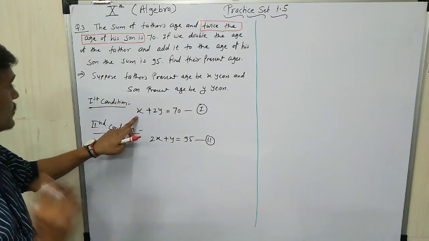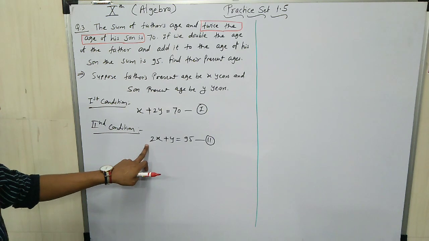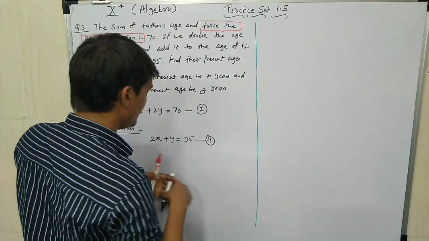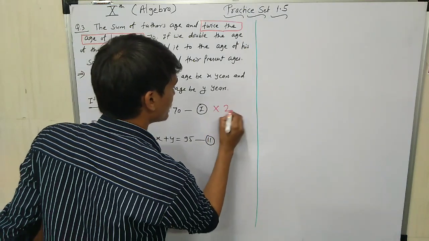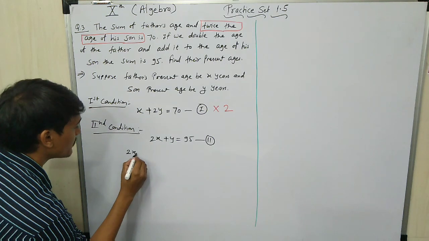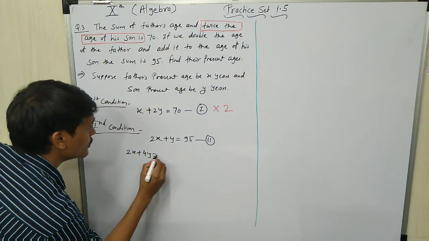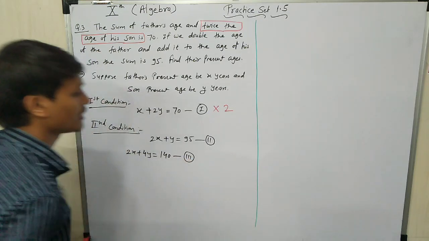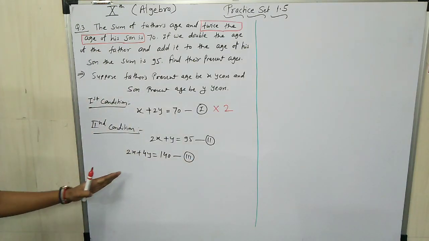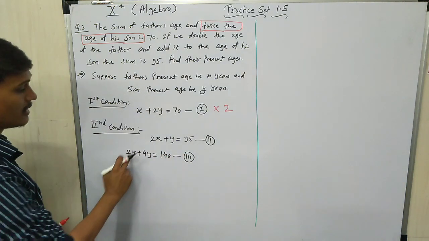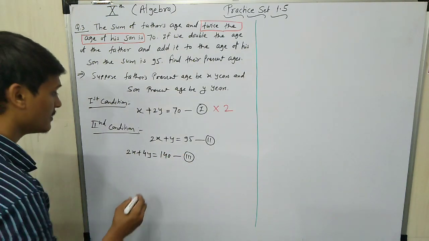Now there is 2x and there is 2x, there is only 1. We multiply this equation by 2. Multiply this equation with 2. Now 2x plus 4y is equal to 140. This equation number third. We solve it. There are positive numbers. We'll apply subtraction. Now